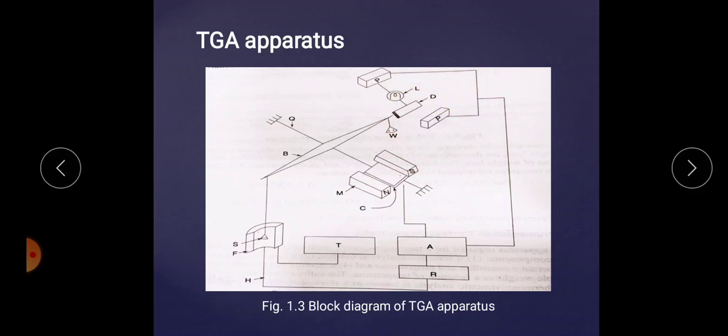The resulting imbalance in the photocurrent is amplified and fed into the coil C, which is situated between the pole pieces of a permanent magnet M. This causes the coil to rotate and to restore the balance to equilibrium